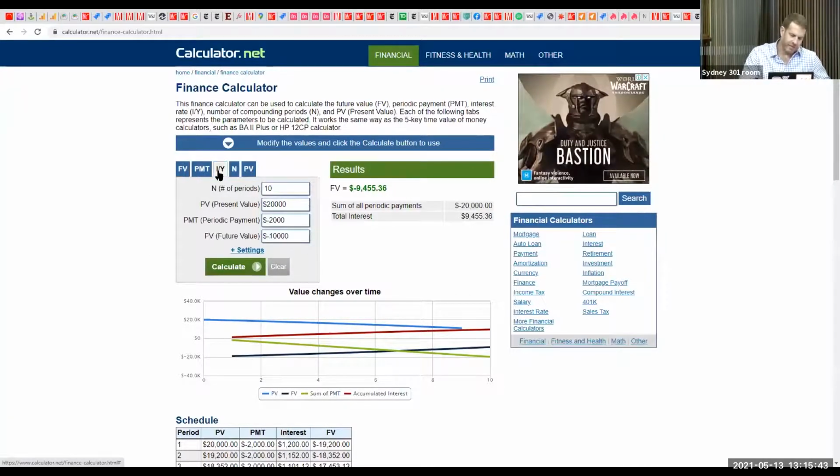So if we go here, this is basically going to calculate the same thing for us. You put the same things in. So number of periods, that's number of years. It could also be, if you're saving quarterly, the number of quarters. It gets a little, as I said, complicated. Present value is how much money you have now,